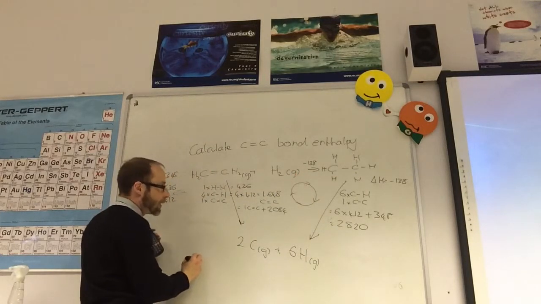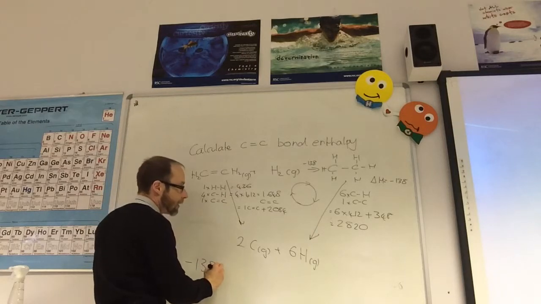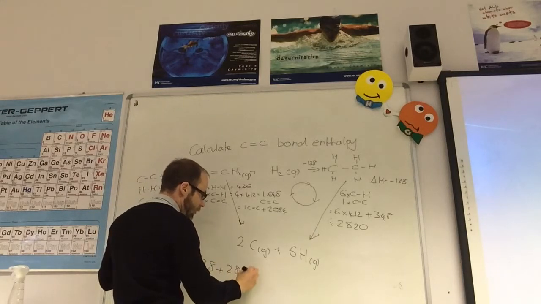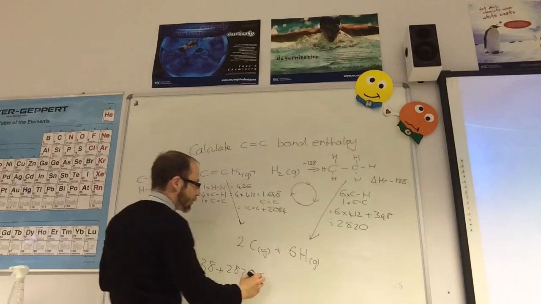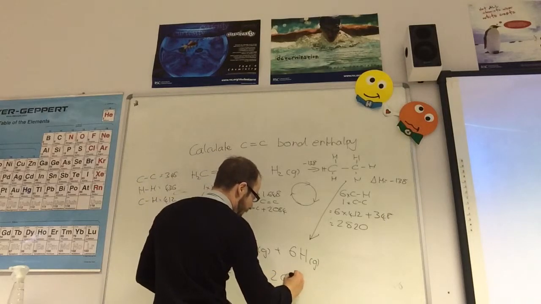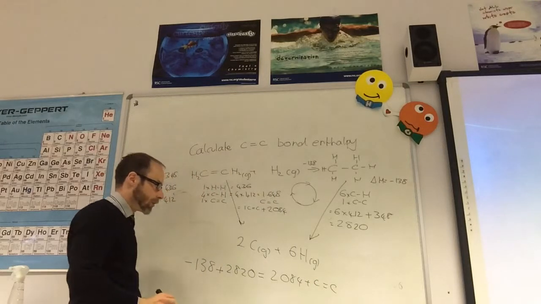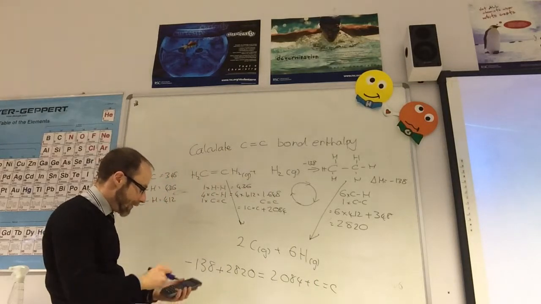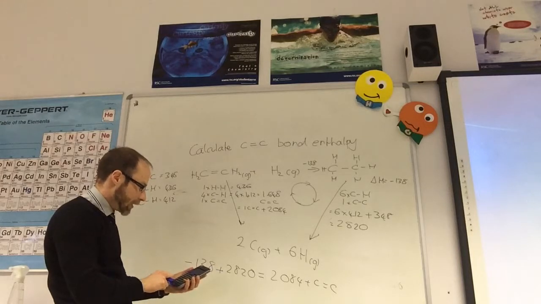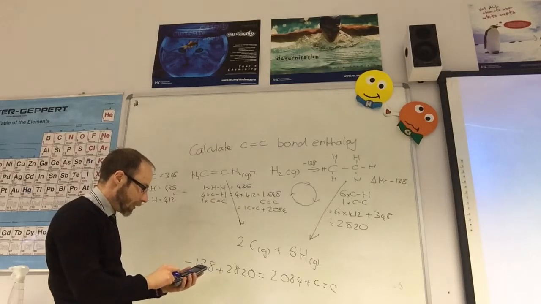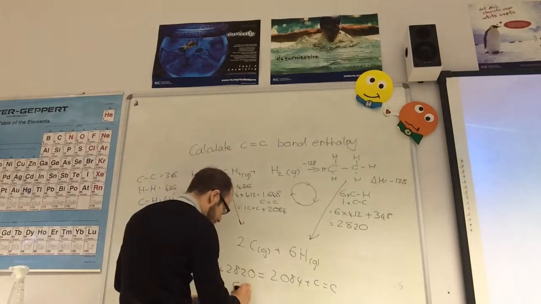So I now go minus 138 plus 2820 is equal to 2084 plus my carbon-carbon double bond. If I rearrange that, so that's minus 138 plus 2820, and I'll bring over the minus 2084, that means that my carbon-carbon